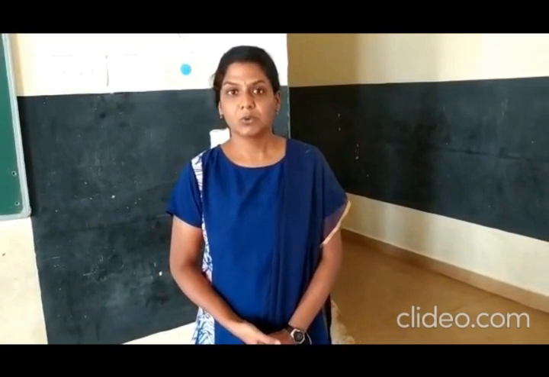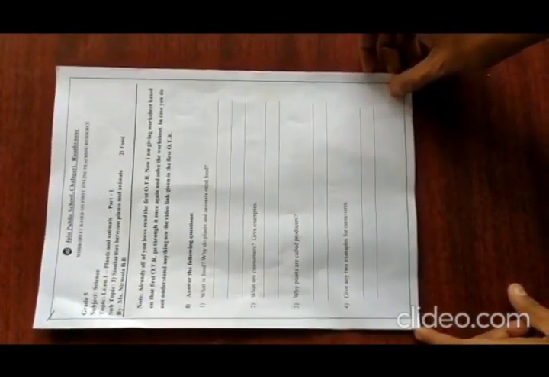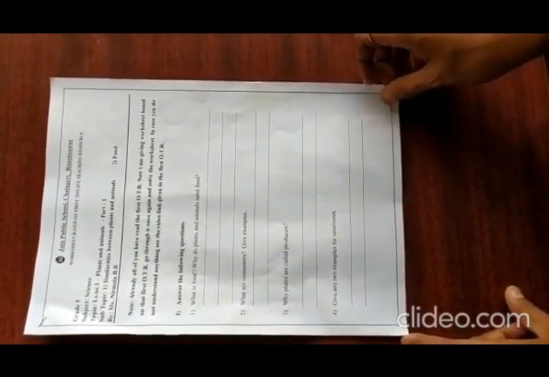So firstly we go to the first worksheet that is based on the first lesson, plants and animals, and that lesson is divided into 3 parts. So let me read the first worksheet. In this worksheet it consists of 6 mains. The first main is to answer the following questions, as you see in the video. The first question is: what is food, why do plants and animals need food. Like that you have to complete all the answers by referring to the OTRs as well as the textbooks.